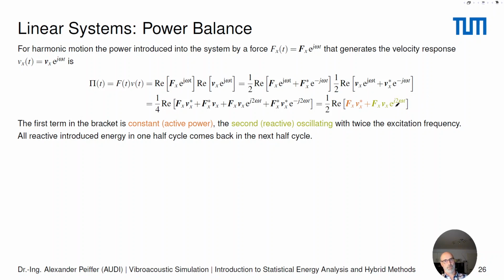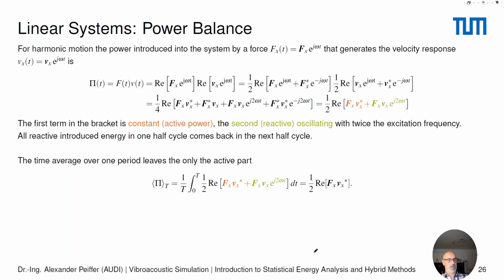So we introduce power into our system, but we also get the power back in the next half cycle. And this will become clear if we just make the average over one period. So this one here is existing, but it will vanish over one period. It will lead to a net zero power flow, but this will stay,